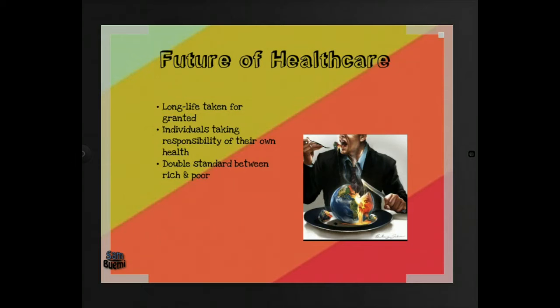And of course, as a conflict theorist will look at it, there's a double standard between the rich and the poor. I often say that we have some of the best healthcare in the world, but for those that can afford it. And unless you're living in the UK or Canada or some of these areas where there is national healthcare, we don't always have the best healthcare for everyone. But again, this goes back to this highly political debate nowadays. How can we pay for healthcare for everybody? And can we pay for healthcare for everybody? And what are the pros and cons to this idea?